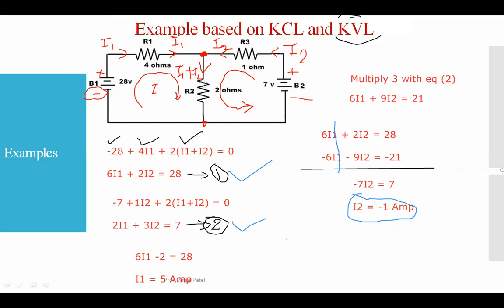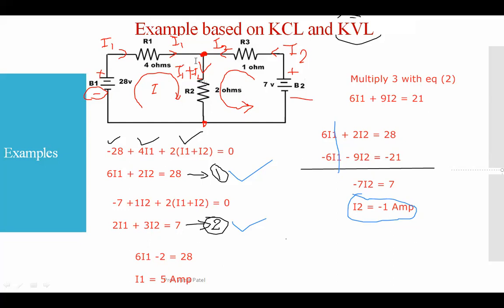Now if you see this minus sign, what is it actually indicating? Whatever loop direction you have taken, that direction should be changed. The values are not incorrect. Whatever values you have found out are correct according to your calculation. The minus sign in this I2 value indicates only one thing: whatever direction you have selected, you have to reverse, or take in the opposite way. That is the only significance of this minus sign in the I2 value.